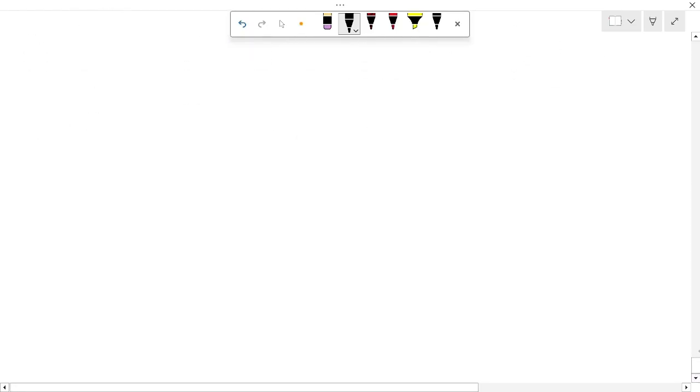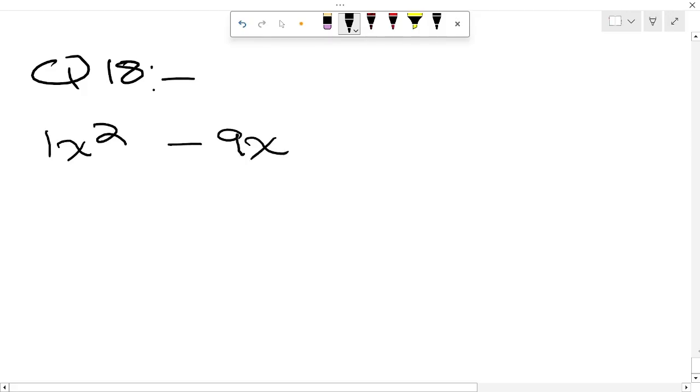Now let's move on to question number 18. I'll write question number 18 here. Question number 18 states that 1x square, or simply x square, is being subtracted from 9x and 8. Now, what do we need to do here? As we know, the coefficient of x square is 1. It will be multiplied with 8. Now, we will need the factors of 8. So, simply we need the factors of 8 such that when we add them up, the result will be negative